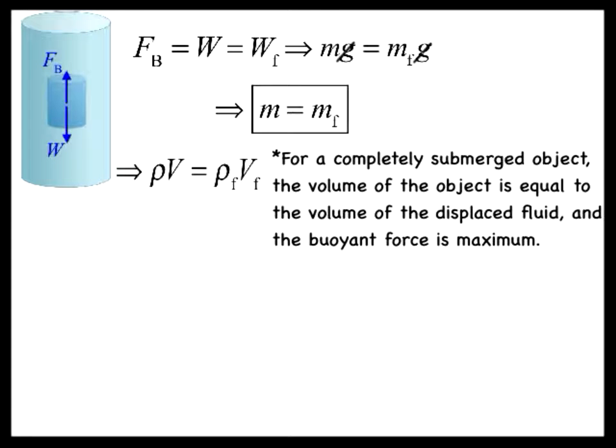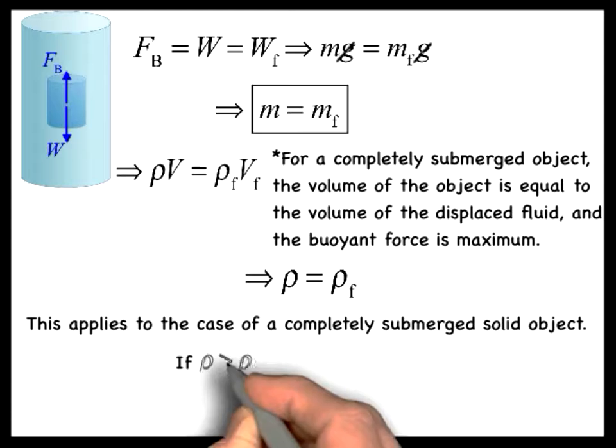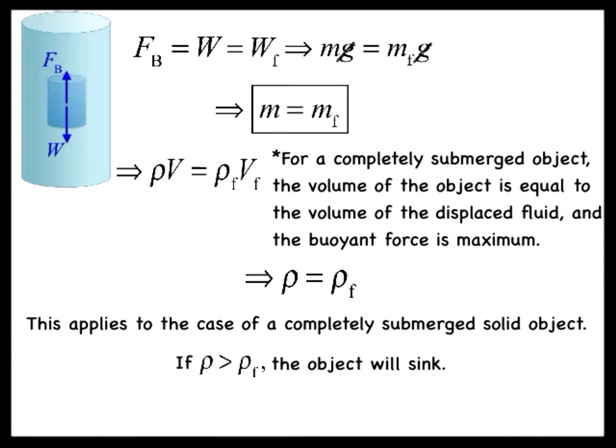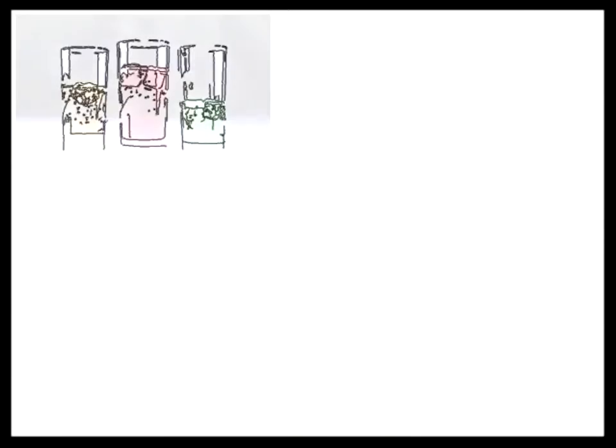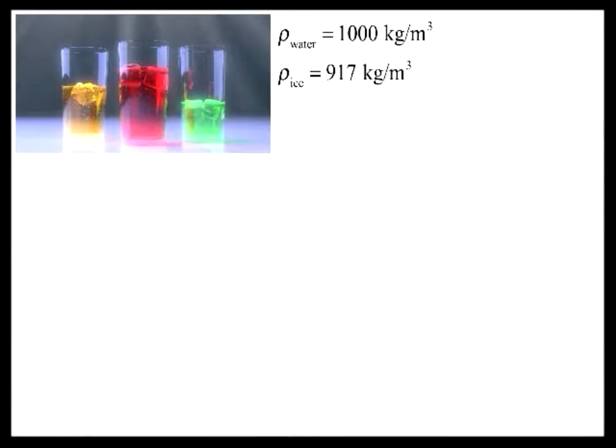This shows that the condition to float requires the density of the object to be equal to the density of the fluid. This applies to the case of an object that is solid throughout. If the density of a solid object is greater than the density of the fluid, it will sink. Likewise, if the density of a solid object is less than the density of the fluid, the object will float. Ice cubes floating in water are an example of this latter case. Water has a density of 1,000 kilograms per cubic